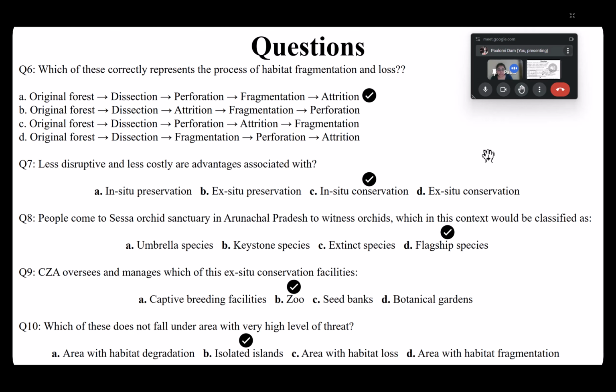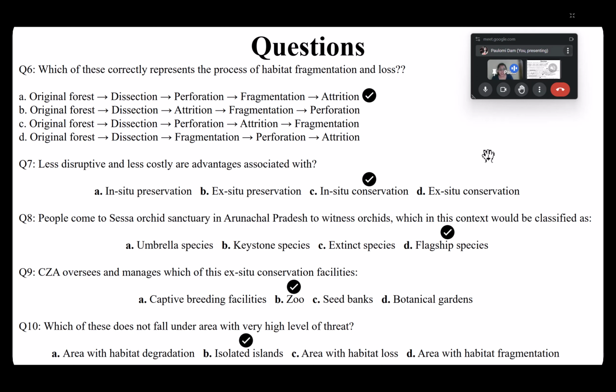Next is Central Zoo Authority. CZA is Central Zoo Authority, and as the name suggests, they oversee everything which is related to zoo. So anytime there is a conservation program which is to be led in a zoo, the permissions have to be taken from the CZA, and they have their own directives and principles and guidelines on how to rear an animal, how to go ahead with the entire conservation program.